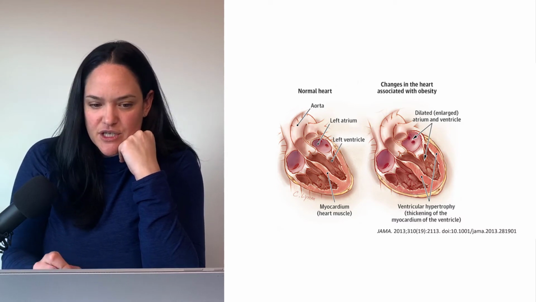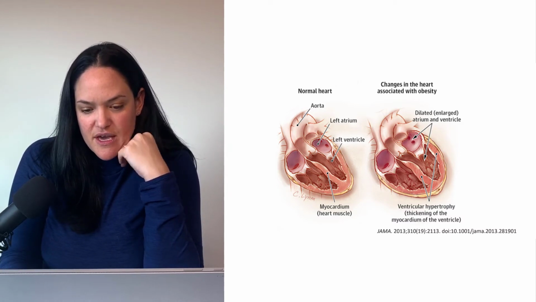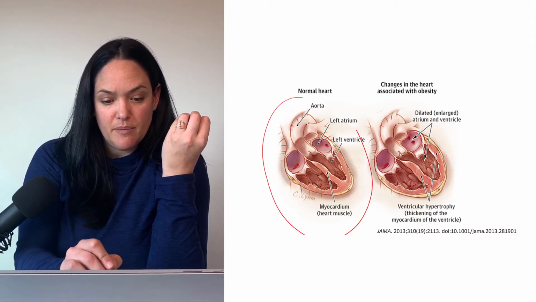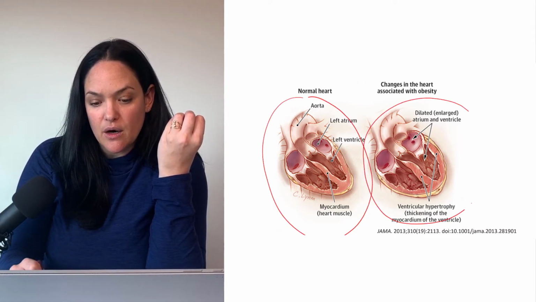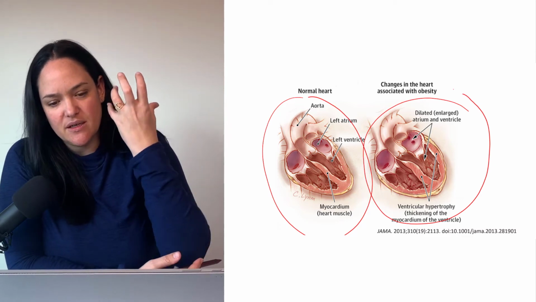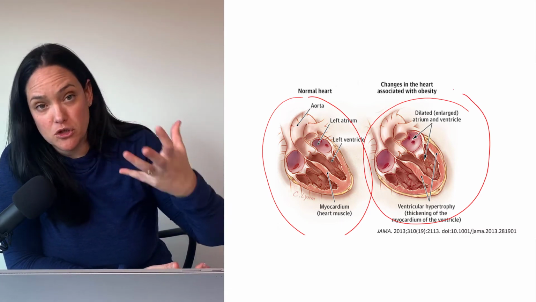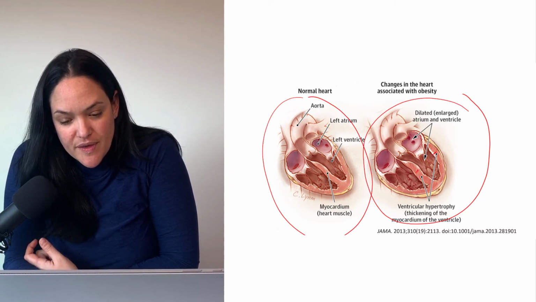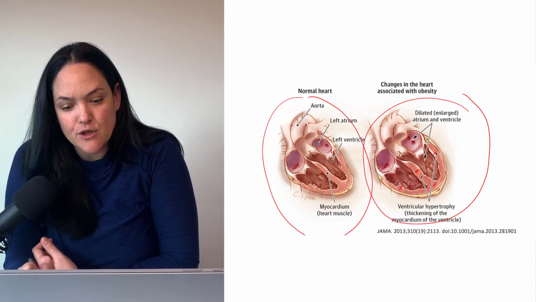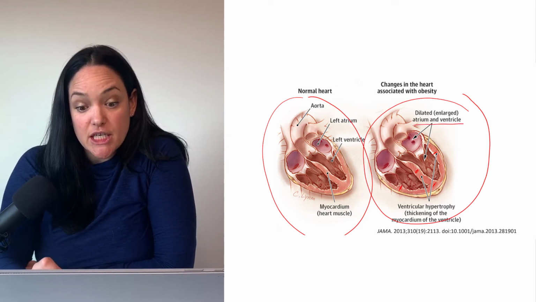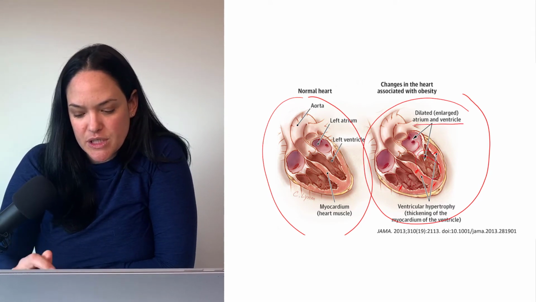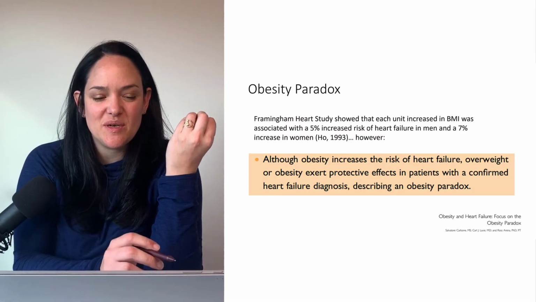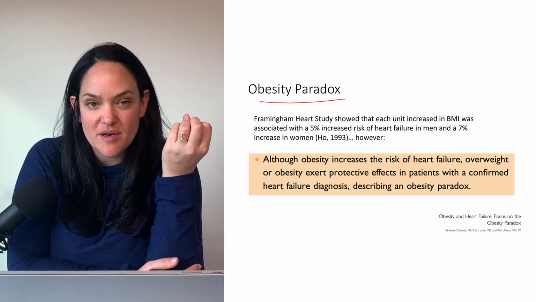So, like I mentioned, these are some of the effects on the heart muscle that we see in obesity compared to a normal heart, or one that's not in obesity. In a heart of someone with obesity, it's usually larger overall, and a lot of that has to do with the myocardium getting so much larger. We also see enlarged atria and ventricles as well. So this all brings us to an interesting conversation around something known as the obesity paradox.